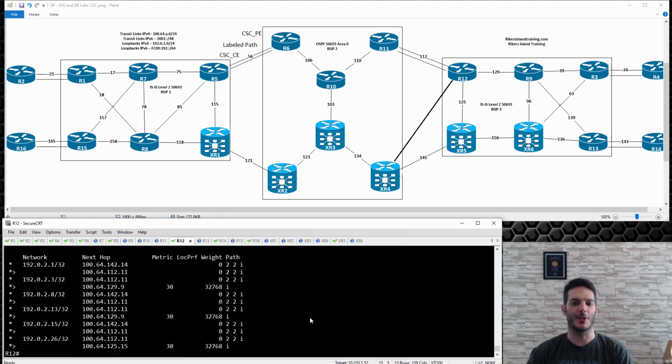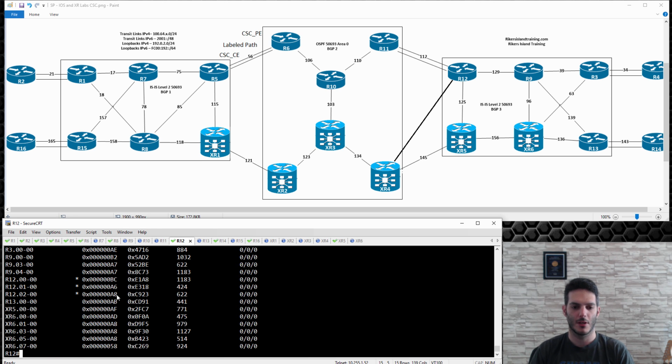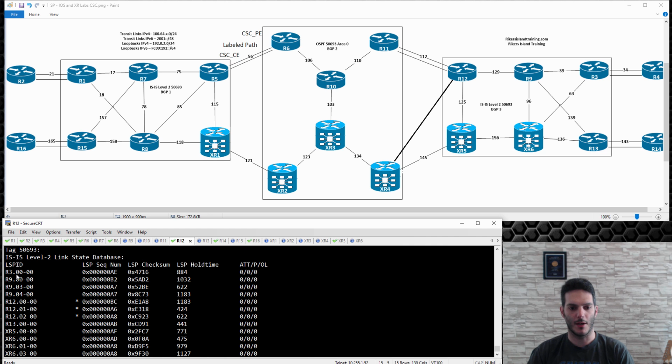Then what I end up having to do is take those BGP learned routes and redistribute them into IGP. Now there's other ways of doing it, but I'm not doing that currently. I believe labeled unicast is the other way of doing it, and I currently don't have that rolled out yet. That's going to be another thing that I test. So now that we have that, I'm able to advertise those routes into ISIS. So if I do a show ISIS database, you're going to see